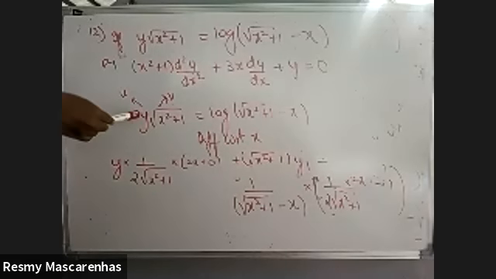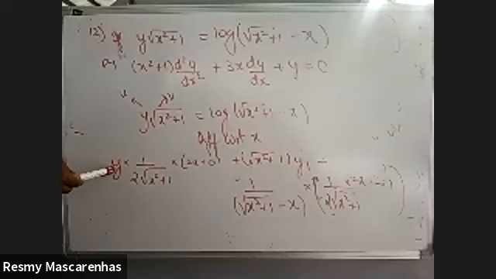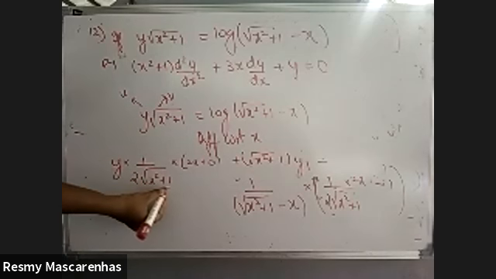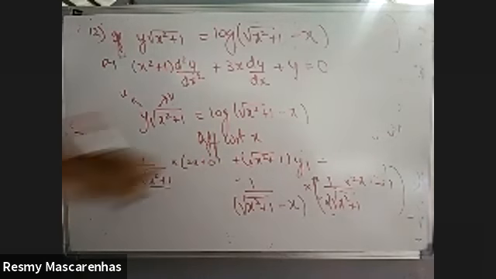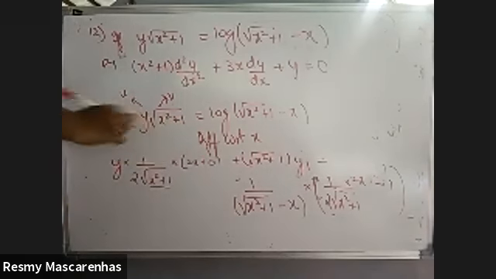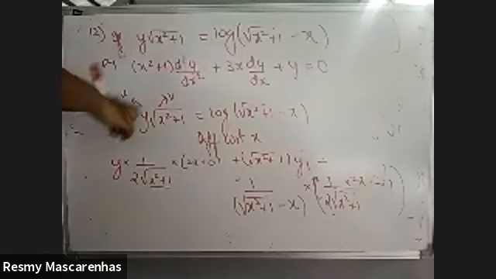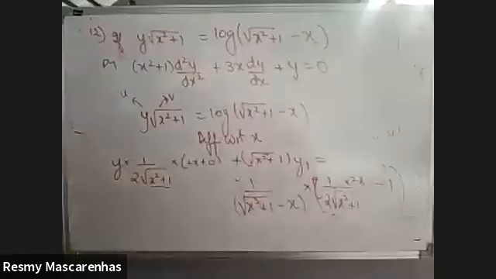I'll repeat this step. This is u into derivative of v. So y I've written as it is into derivative of root of something. So root of something is 1 upon 2 root something into extra derivative of this. So that is 2x plus 0 plus v into derivative of u. So derivative of y will be y1 is equal to